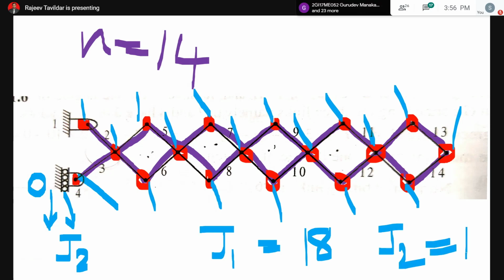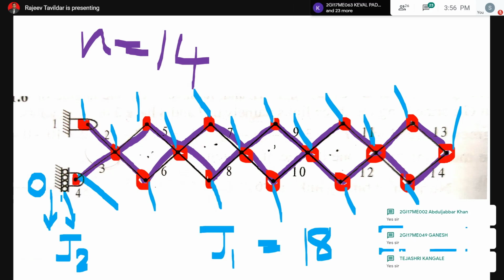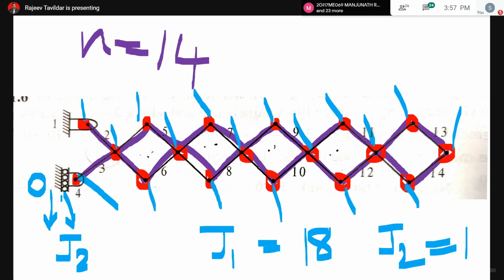I hope all of you are able to accept this, that J2 is 1 here. Rollers are link 4, they are rolling on a fixed surface. Why am I saying they have 2 degrees of freedom? One is because they are rotating about their own axis, and they are also translating forward. That's why they have 2 degrees of freedom. So it will fall under the J2 category.